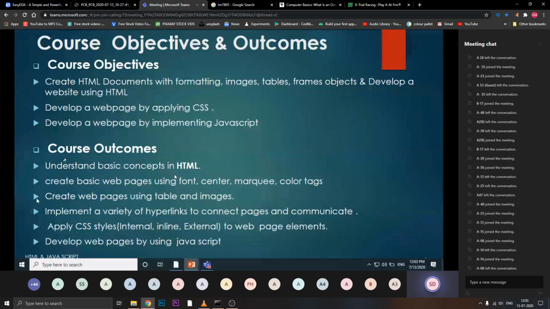Course outcomes. Understanding basic concepts of HTML. As I said, this subject is a basic subject. So what are the basic concepts in